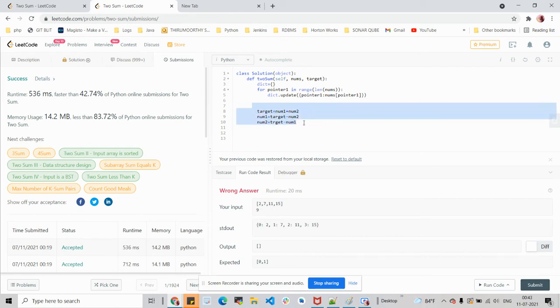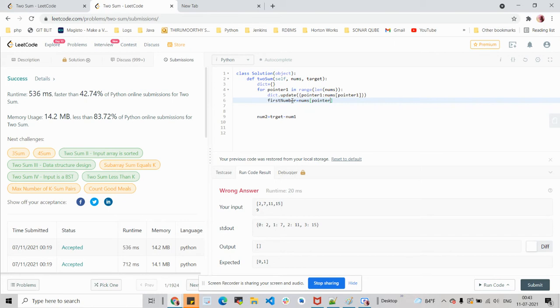So let's try to reframe this. First number is equal to nums of i.